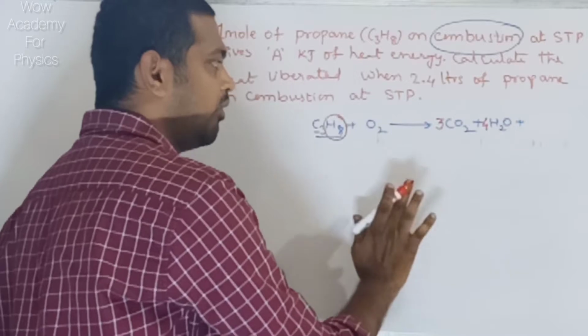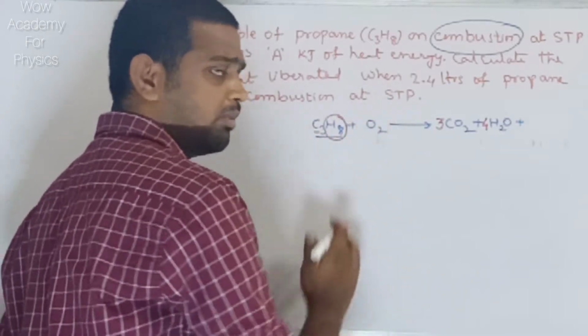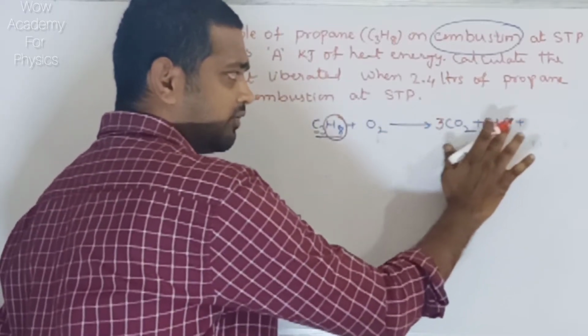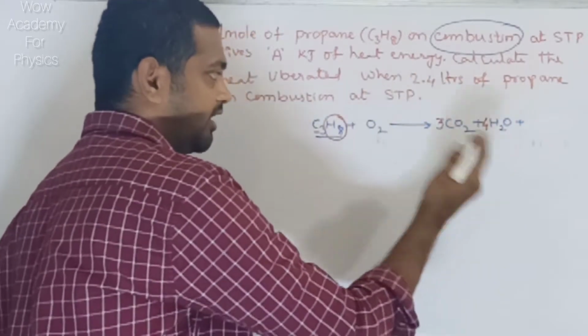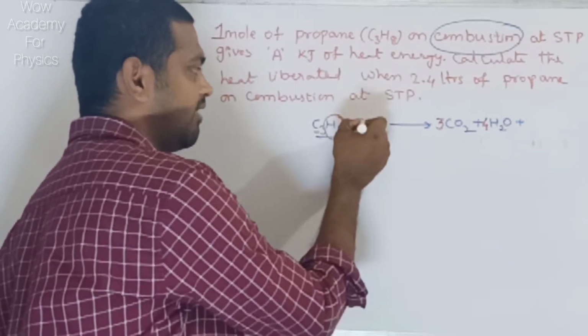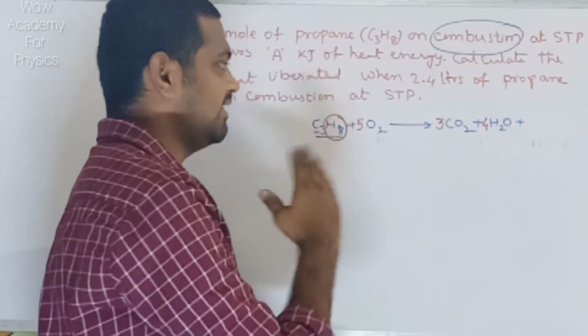Now the oxygens are not balanced in the chemical reaction. Now I am going to balance the oxygen terms. 6 oxygens plus 4 oxygens, a total of 10 oxygens, are there on the product side. Coming to the reactant side, we have only 2 oxygens. To balance that, I will make it 5 formula units. Now it is a balanced chemical equation.